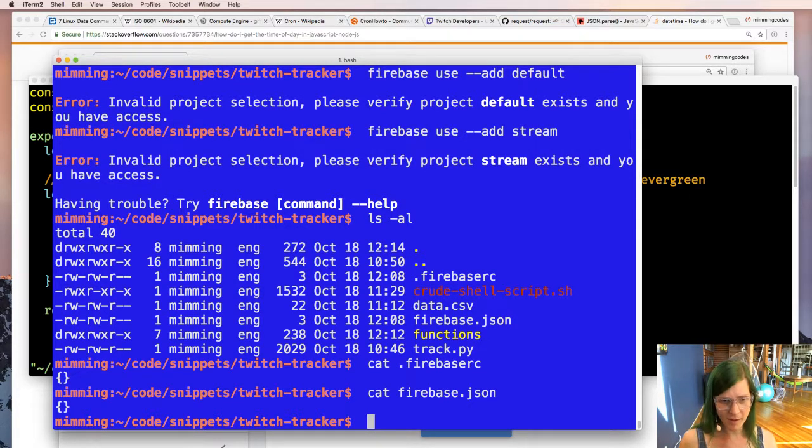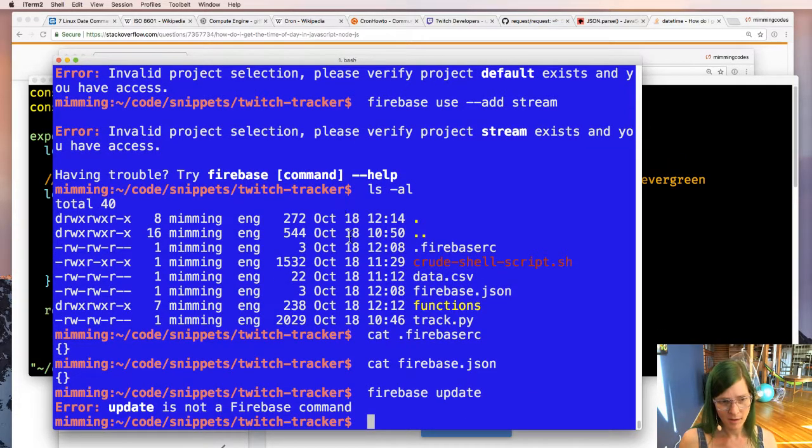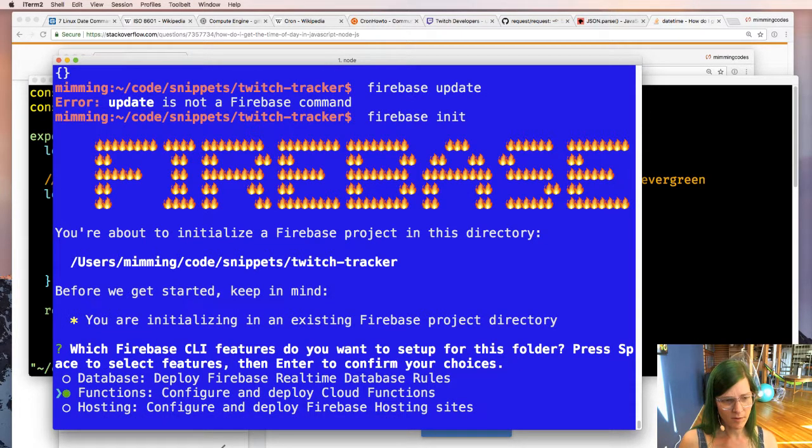So I'm going to update my tools because I think there's something on. Update is not a command. Let's find out how to update. I remember it saying at the beginning when I ran this, which Firebase CLI features I want to use?